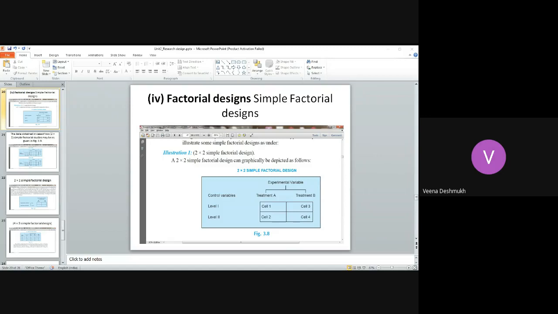Now, what are the uses of this? In the example, you can see the control variables are level 1 and level 2. The treatments 1 hour and 4 hour can be treatments, and level 1, level 2 are inside and outside the classroom.